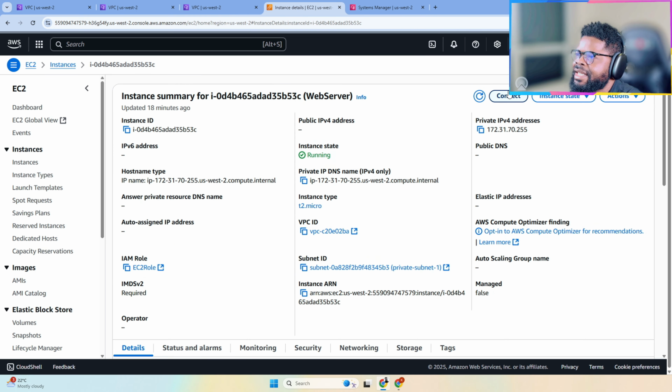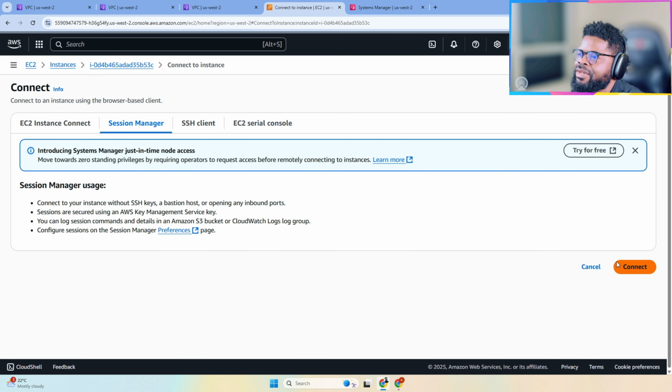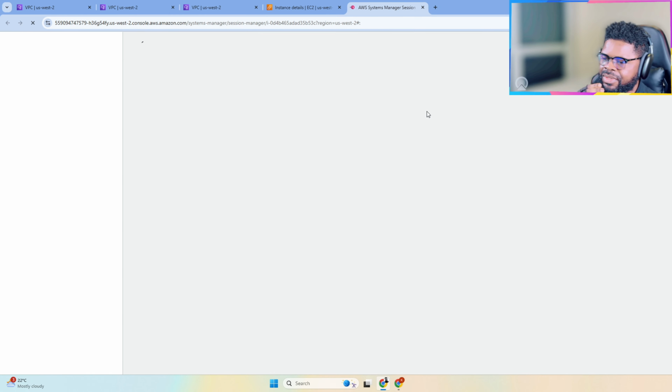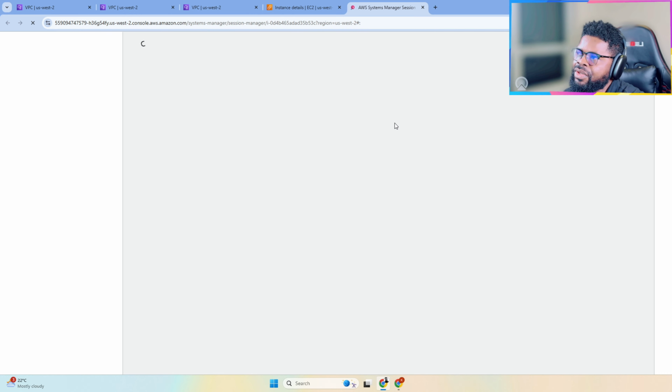So let's see if we can still ping. I think at this point, I don't know if it's frozen. Usually that's an indication something is not right, but let's try it again. Let's see. I'll close this. We'll start afresh. We'll go into the EC2 instance and see what we get. Sometimes also, if you don't get it correctly,